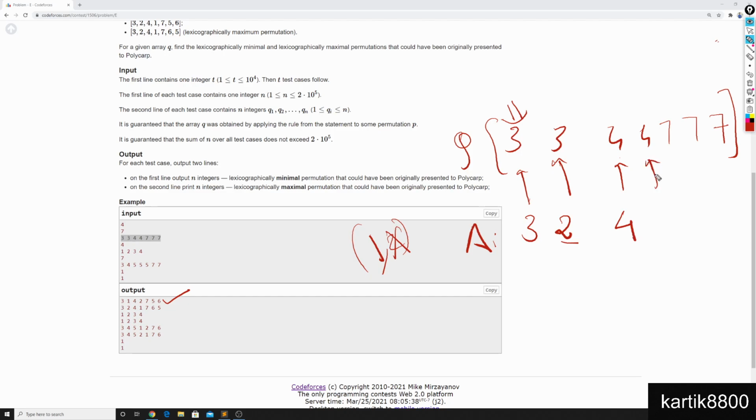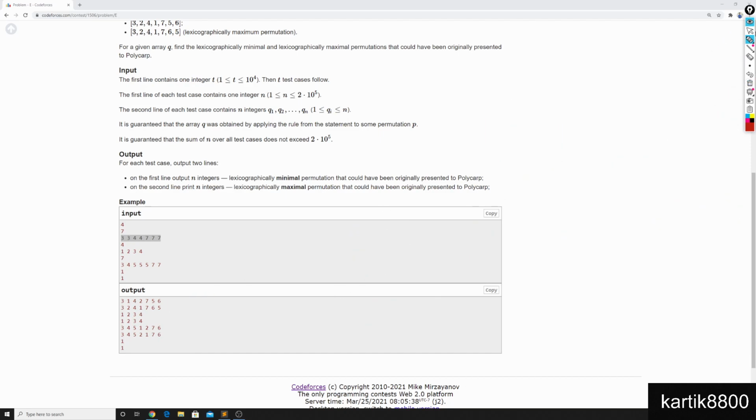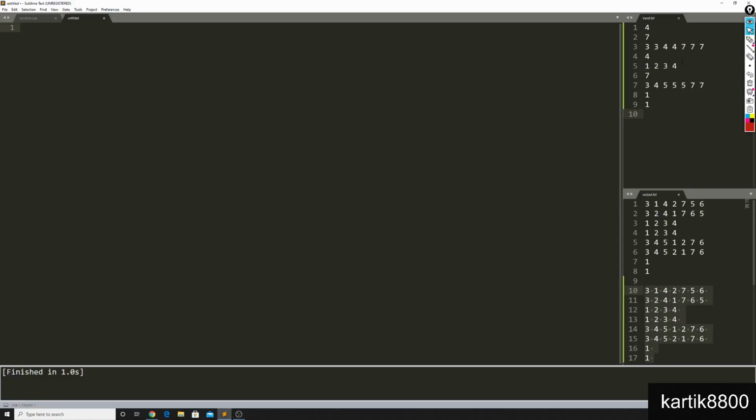Let's talk about this position. Now, I can put in any number at this position that is less than 4. And 4 I've already used, 2 I've already used, 3 already used. I will put in a 1. No other options. For this position, I'm bound to put in 7 again due to similar reasons. Finally, coming to this position, I have 5 and 6 available with me. I can put in any number out of 5 and 6. Since I'm trying to go for the largest array ever possible, I'll put in a 6 at this position and then a 5. Let's see if it's right. It is right.